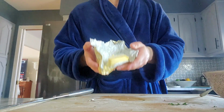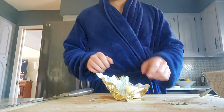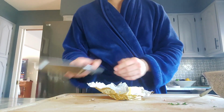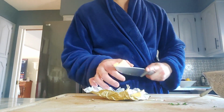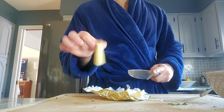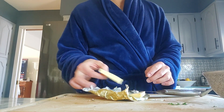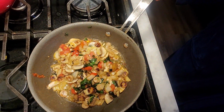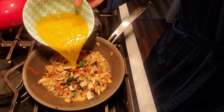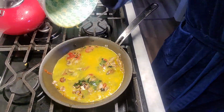Grab yourself some delicious Kerrygold grass-fed butter. Almost out, so it's in. Go ahead and cut off about a tablespoon of this butter, and then this is going to go into our pan. It's going to melt over top. As you can see here, the butter is now melted. That way the whole bottom of the pan is ready for our eggs. In go the eggs to our pan. Let them sit